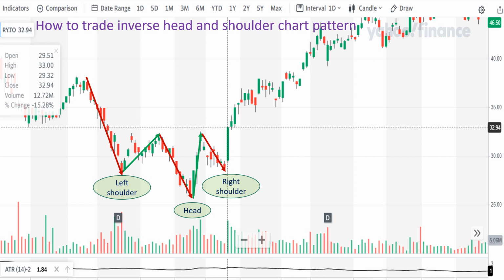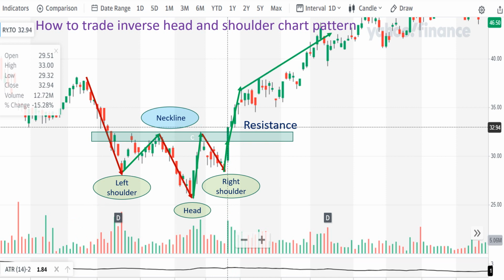The neckline can be drawn by connecting the two lower highs together, just like this. After the price goes up, breaks the neckline and continues going upward, to enter the trade, we see this bullish candle that penetrates inside the neckline, breaks the neckline and closes above the neckline, so we can enter the trade